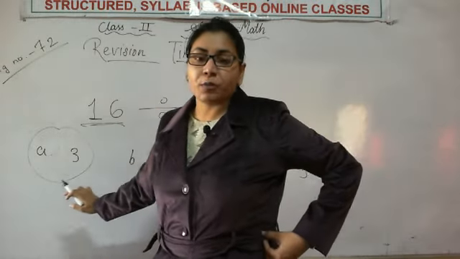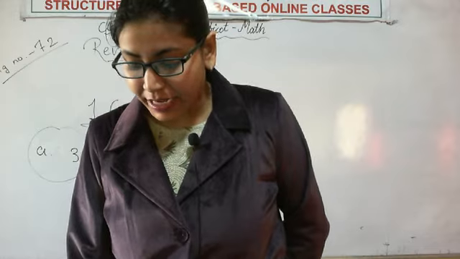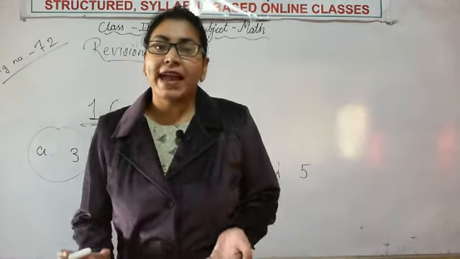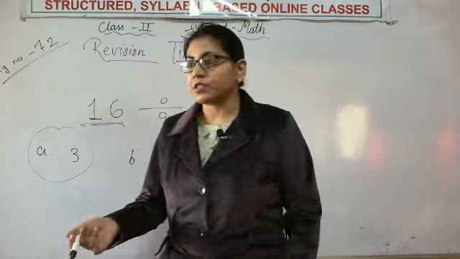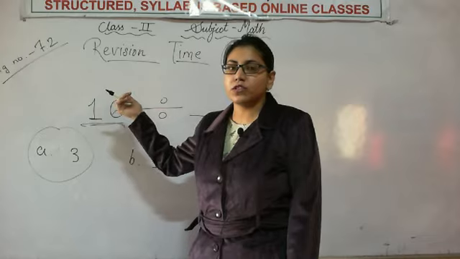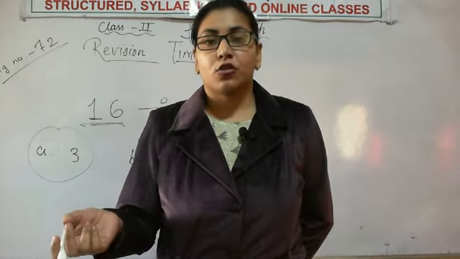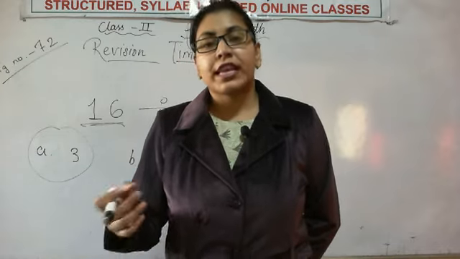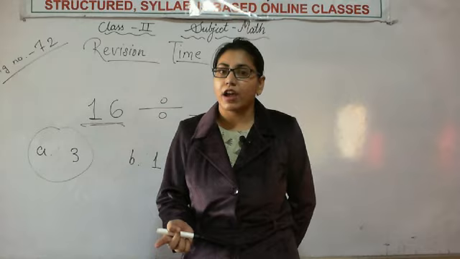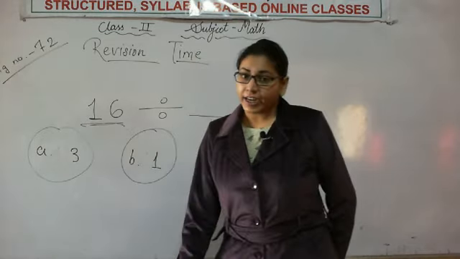This cannot be our option because, read the question once again. 16 balloons can be divided into blank equal groups. For comparing, we need more than one group. We can make a single group of those 16 balloons, but the question is asking us to make equal groups. Equal means we need to compare. For comparison, there should be more than one group. So this also cannot be our correct option.